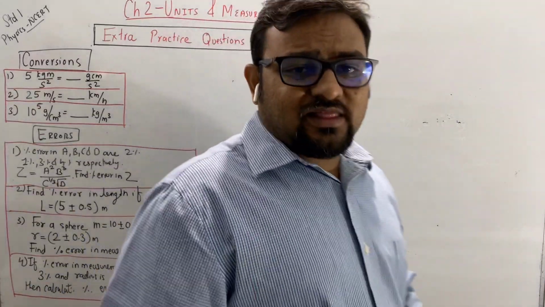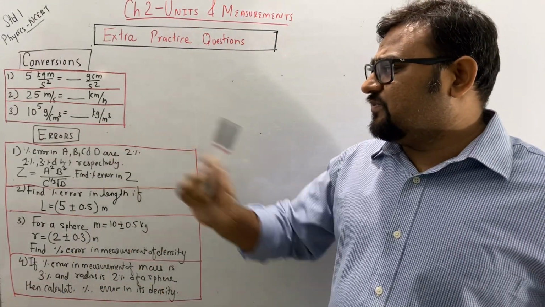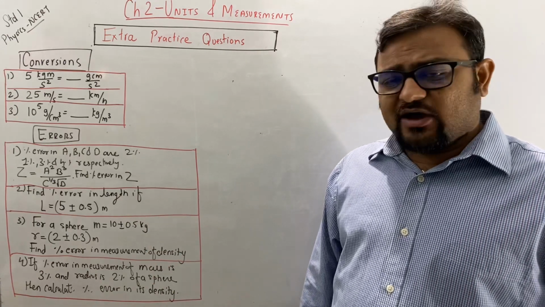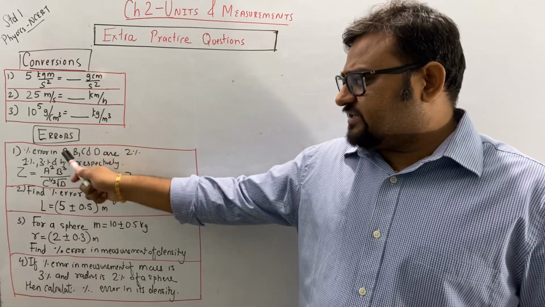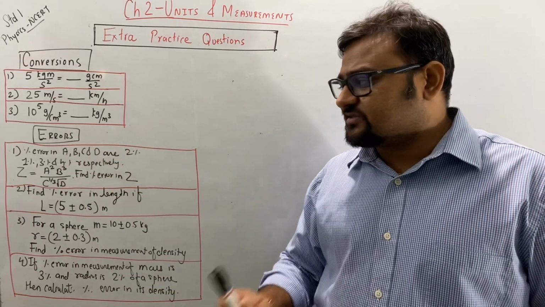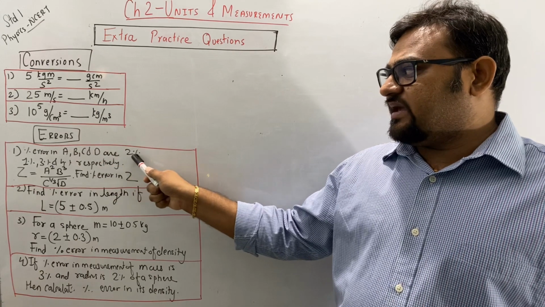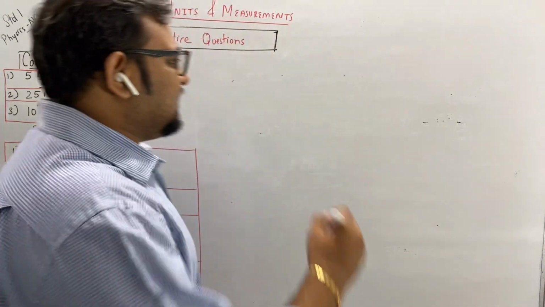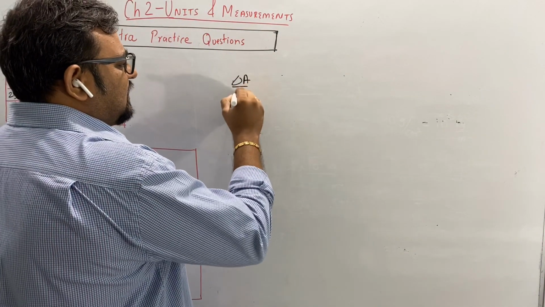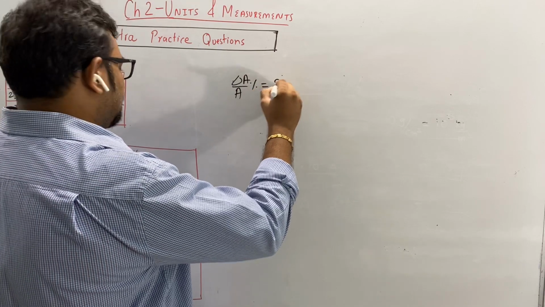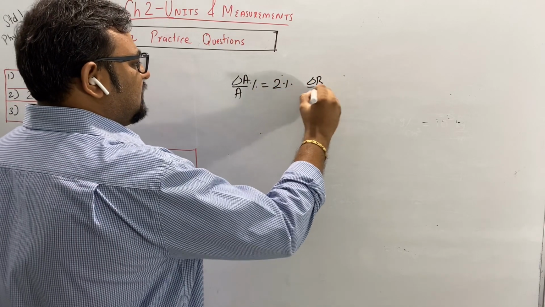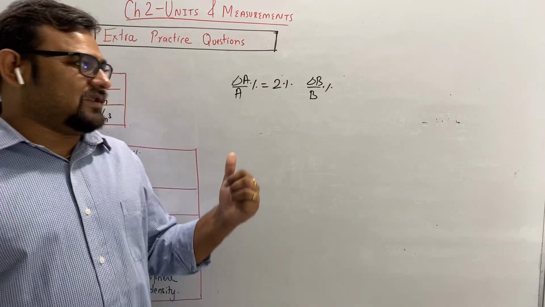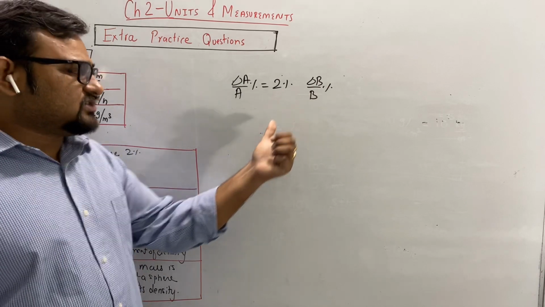Okay. So now let's take some questions related to errors. See, question number one. I have written the questions in short. Percentage error. Remember, directly the percentage error is given. A, B, C, D are 2%, 1%, 3%, and 4%. So percentage error means delta A by A percentage is equal to 2%. See, if I'm not writing percentage, then it will be relative error. But now it's already given as percentage error.